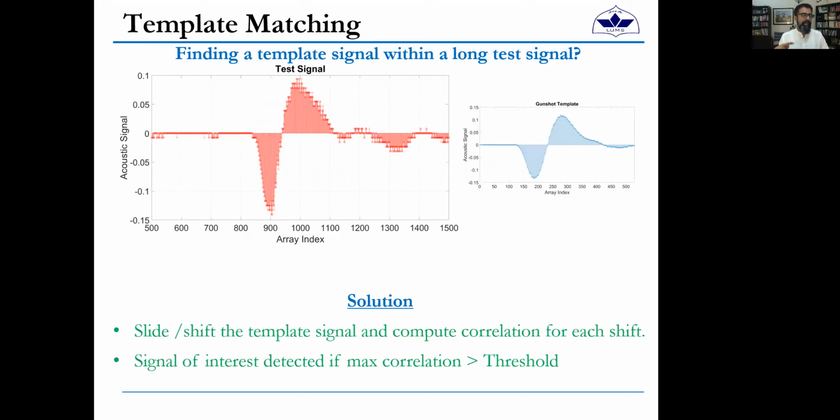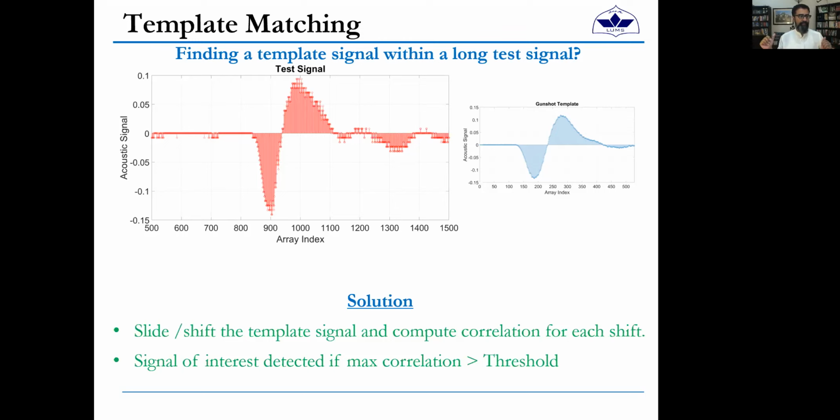And you actually have to find that gunshot template anywhere that could happen. I mean, you don't exactly know when it will happen, right? That's the entire point of the gunshot detection system anyway, right? So you would, in general, have a long sequence of a test signal, which is much longer than the gunshot